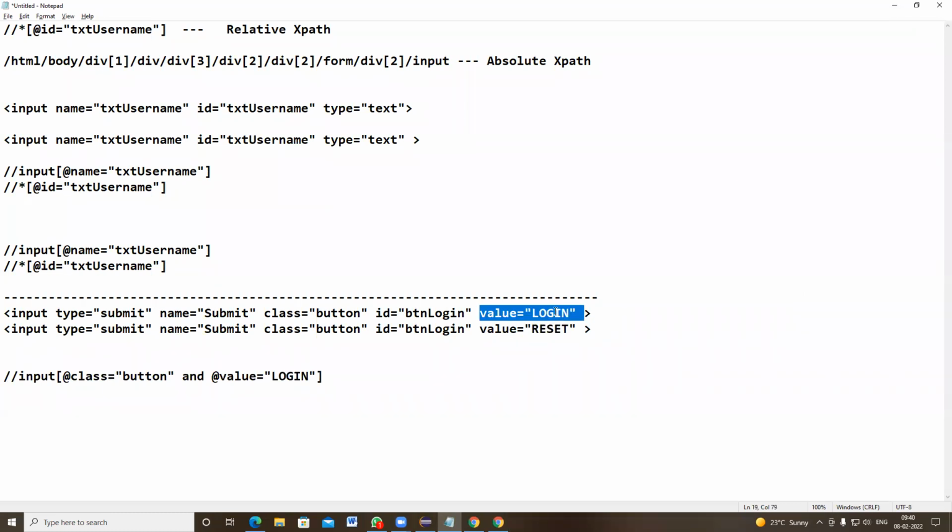Clear enough? And operator, if you have multiple object properties with the same input values, then you can use the AND operator, and with the help of the value that is different from each other,